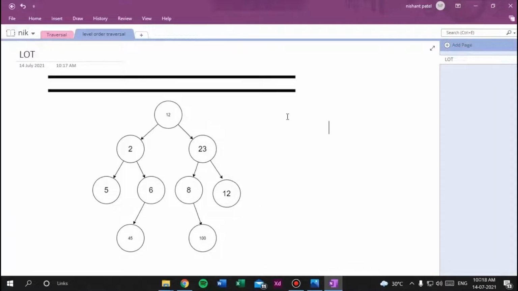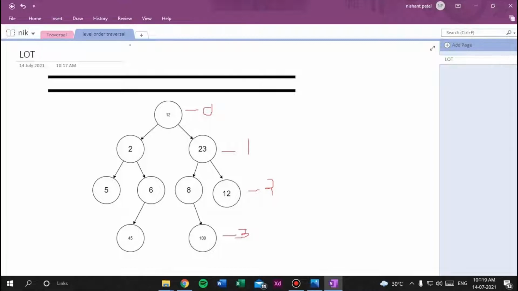Okay, so here I take one example of a binary tree, and we want to find the level order traversal. As per the name, we have to traverse level by level, right? And we know what a level in a tree is. In this tree the first level is 0, then the first level, the second level, and the third level.